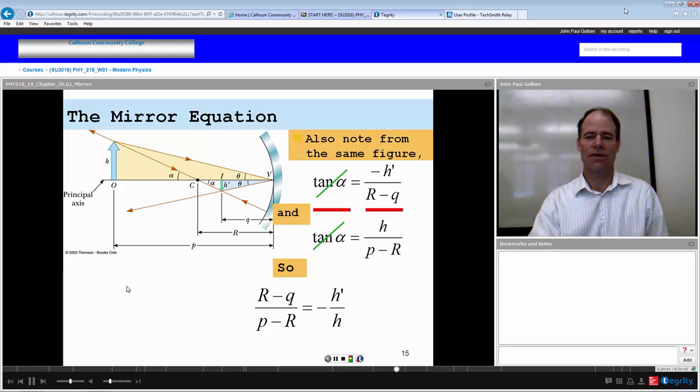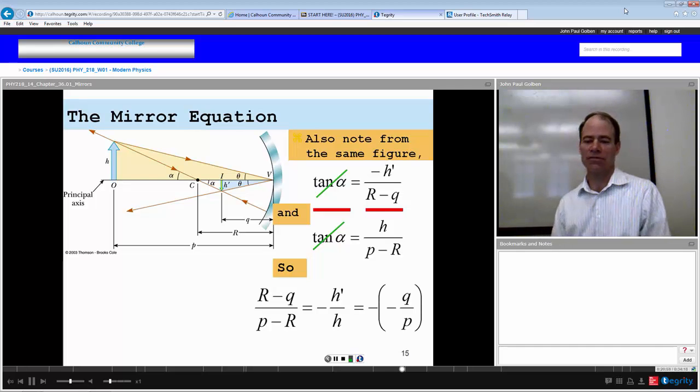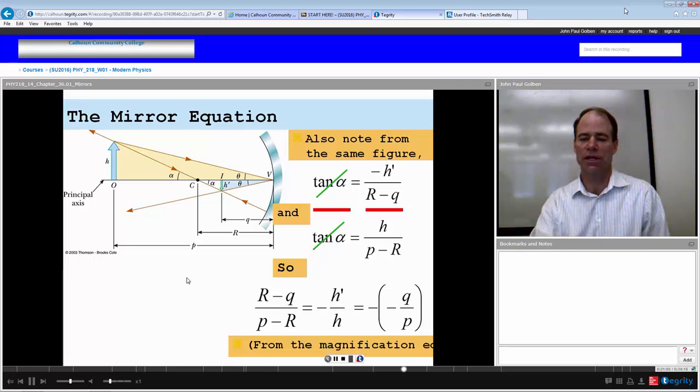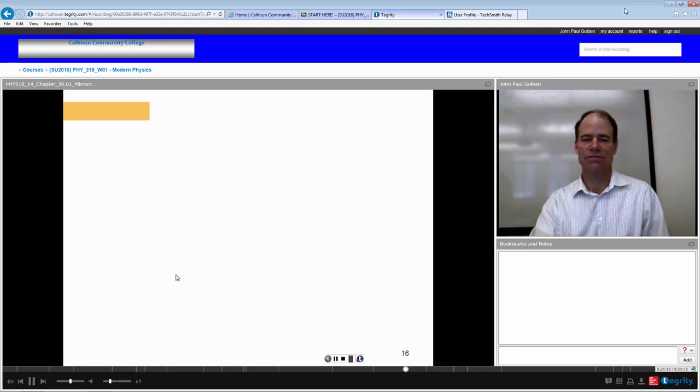we have that the radius of curvature r minus the image distance q over the object distance p minus the radius of curvature r is equal to negative h prime over h. But we just determined that that is equal to the magnification, and the magnification is equal to negative q over p. So we have a negative q over p. Negatives cancel out, and with a little bit of algebra